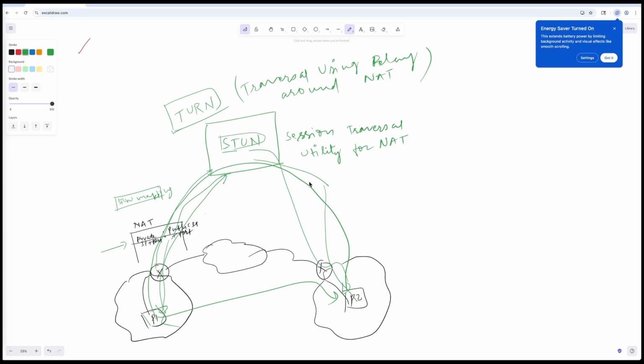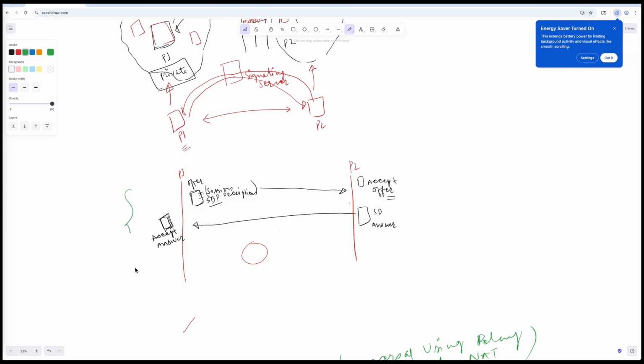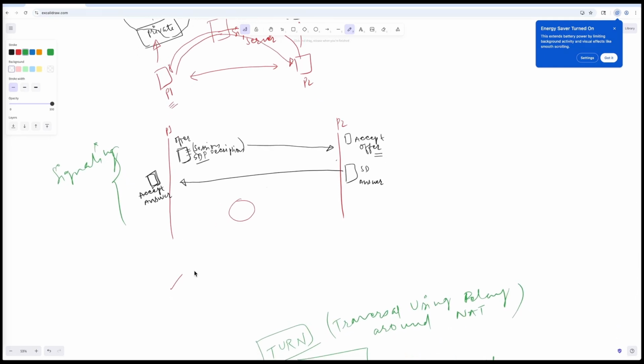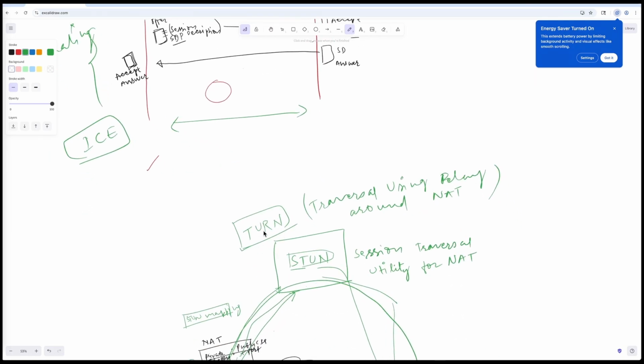All right, so now you understand what is stun, what is turn, why do we need it. So till here we understand that the signaling phase is over. This was the signaling phase. And now we are just entering the connecting phase. Now here we have to establish a connection, and in order to establish a connection, there is a framework called the ICE framework, that gets used in conjunction with this stun and turn server. Now how that happens, and how do we use it,